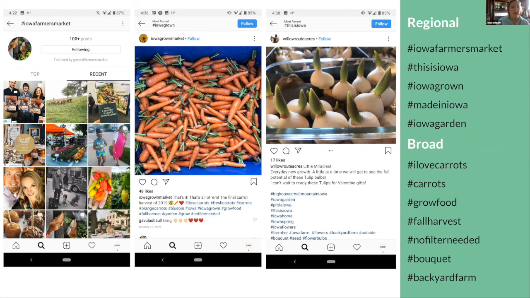And you can see the top ones, or you can see the most recent. But that's a great hashtag for you to start out trying to use. In the middle screenshot, you can see how Iowa Grown Market has used different hashtags. They've used some really fun broad ones like I love carrots, and then some really specific ones like hashtag